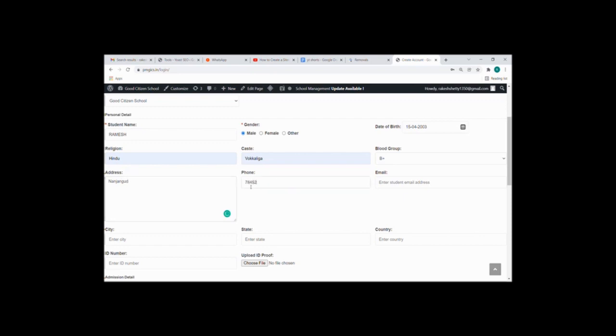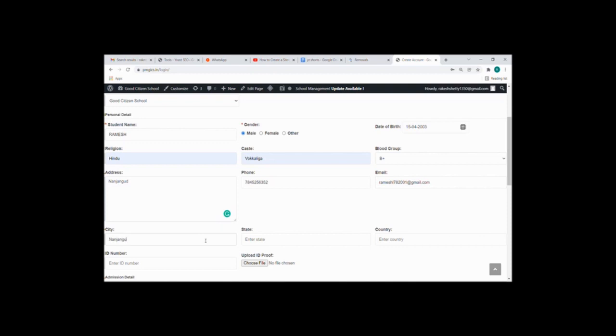You can enter your phone number. And then in the email section, I'll enter my email. If you don't have one, just create one by watching a YouTube video, or else you can enter your first name at gmail.com for the sake of creating an account. It's not a compulsion, the username is actually the compulsion. So you can just enter some random email if you don't have one, but it should be unique. Otherwise it will say sorry, we can't create an account.